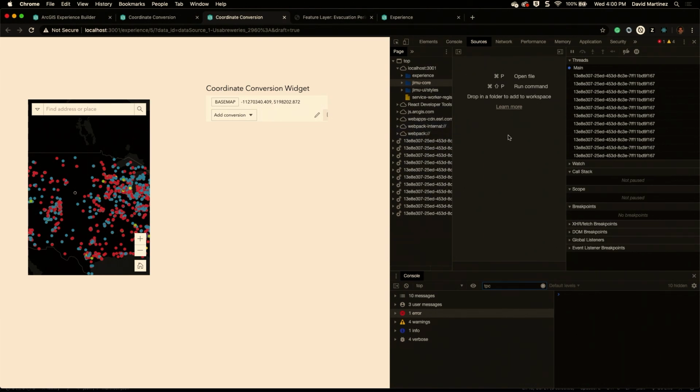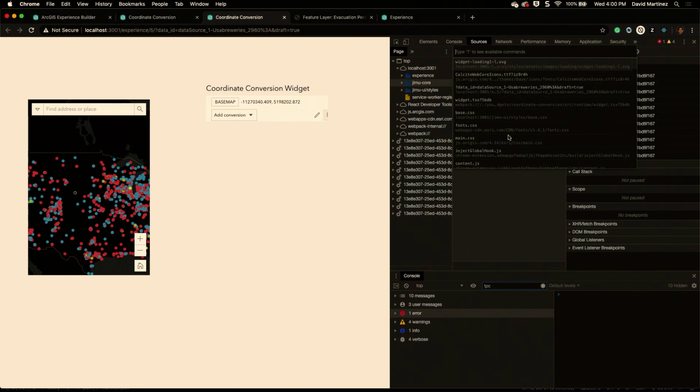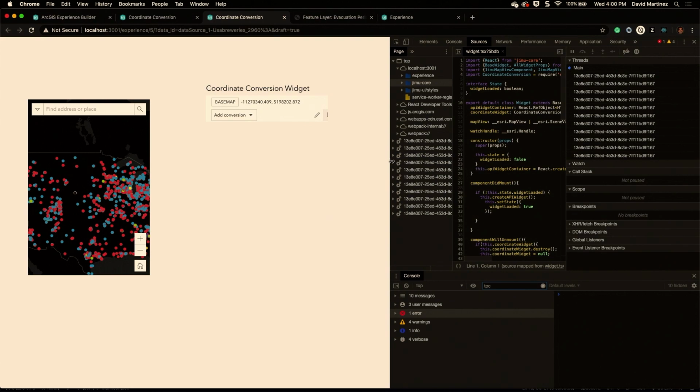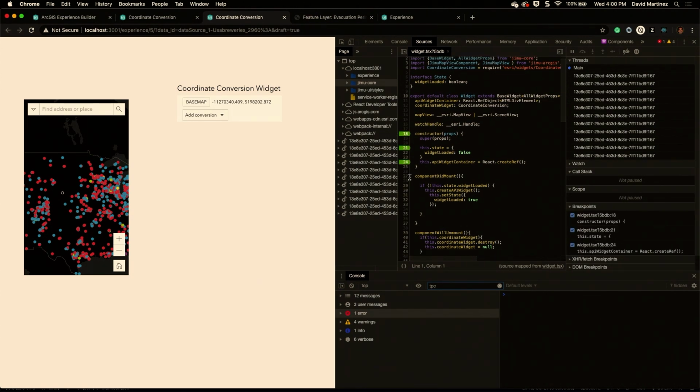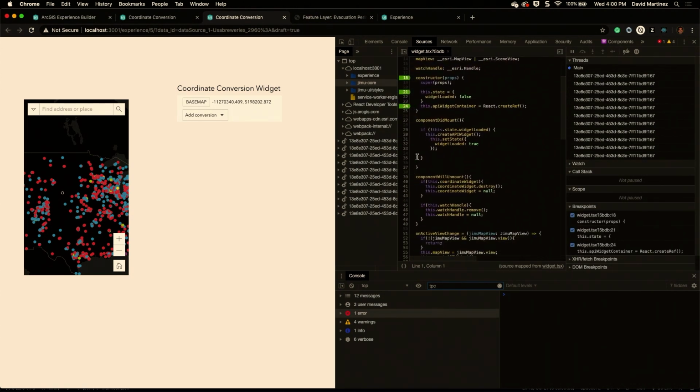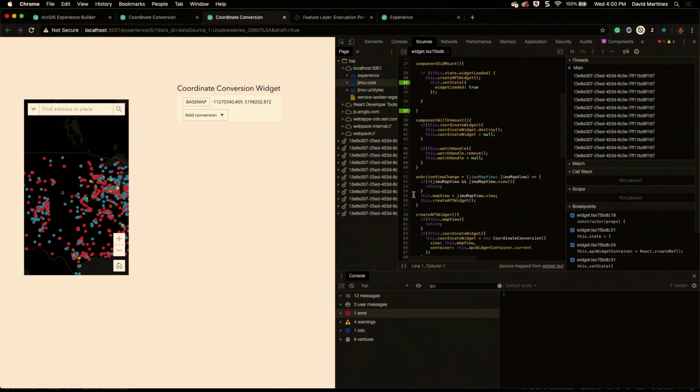All right, so what I'm going to do is Command P, and you're going to type in widget.tsx. The one that you're going to want is the one that has the number with it at the end. Widget TSX, this one right here. Okay. And then here we could just go in and say, all right, I want to do some debugging. So let's look at our state, see if this loaded here. And then we can see if this changed here. And we can see if the active view changed, right? All right, so let's just go ahead and